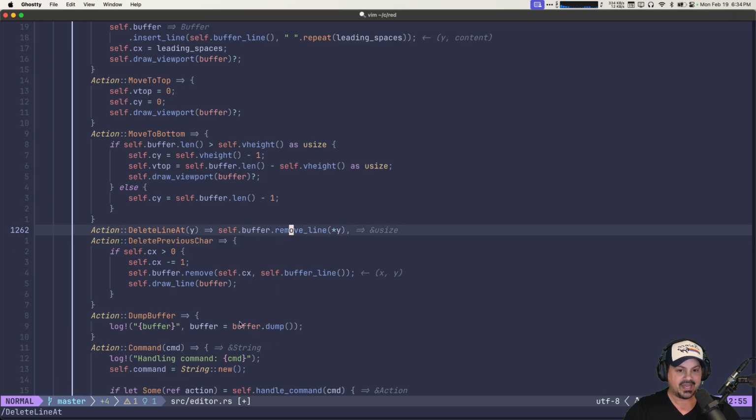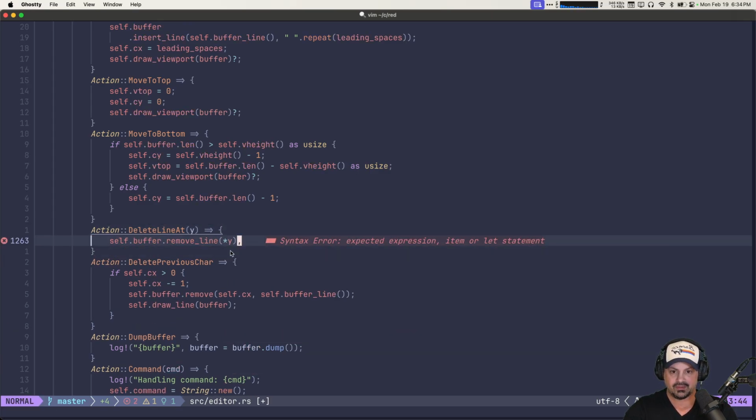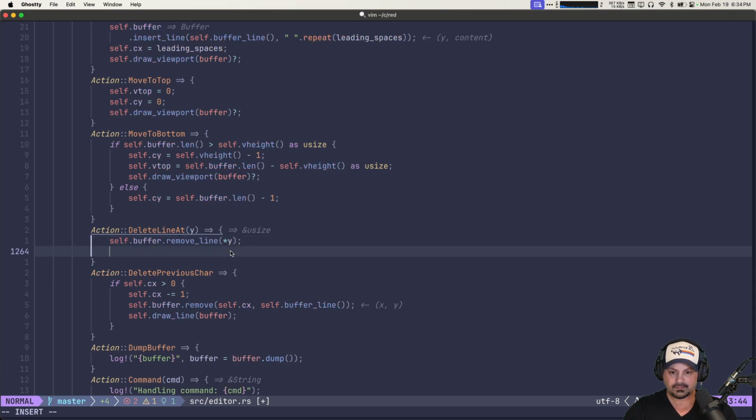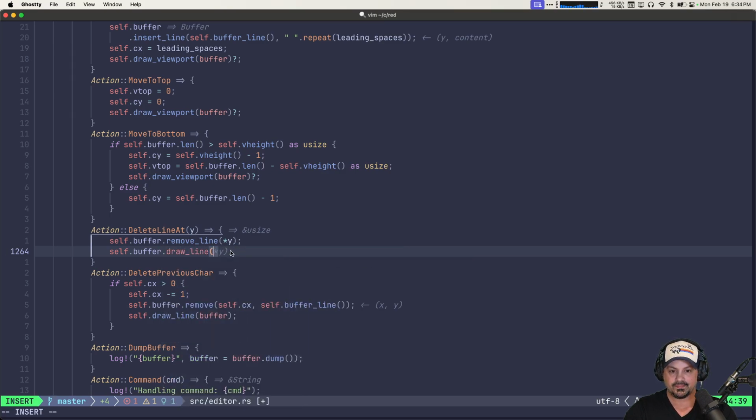Oh, it doesn't do anything. This is completely wrong. Yeah, this is wrong. We're debugging. So self.buffer.render line. Is it redraw? No, draw line. Draw line. Yes. It's not draw line. Wait, it is. But we render the current line. No, so